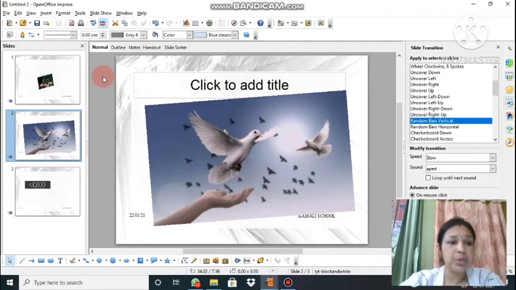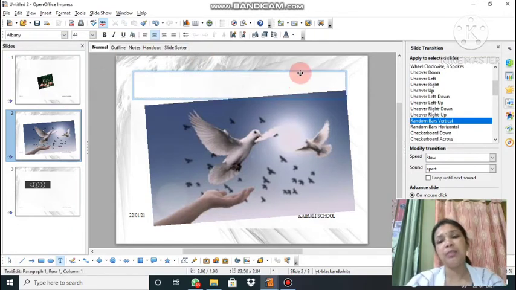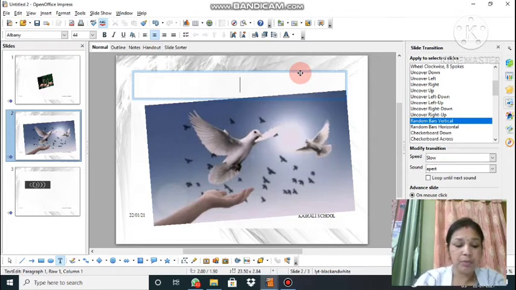Next is animations. To provide animation, suppose I'm writing here, animation can be provided to text also, video also, audio also, and image also. So all the types of elements which you're inserting on a slide, you can animate it. Animate means you can provide movement to that particular thing. So if I'm writing here